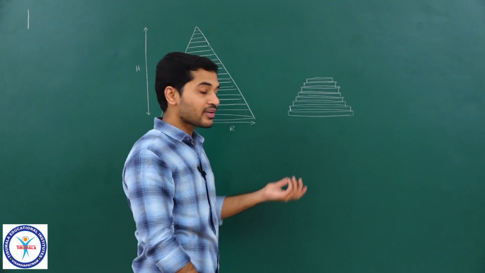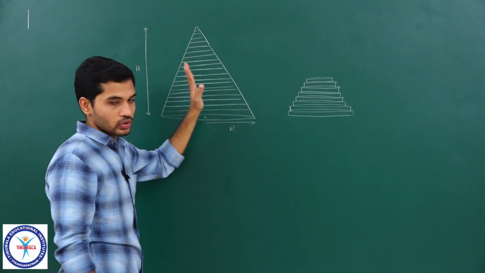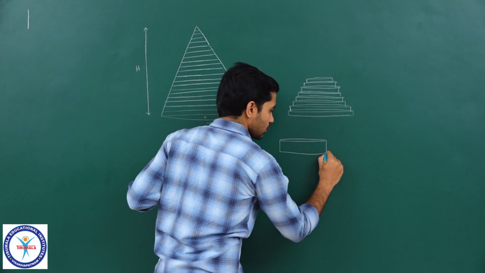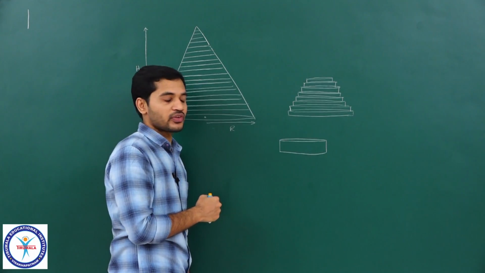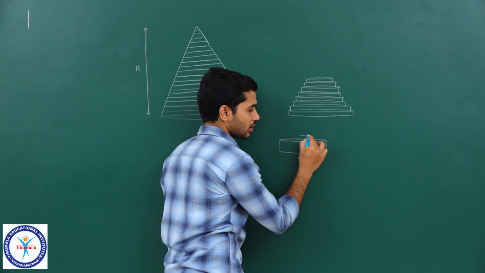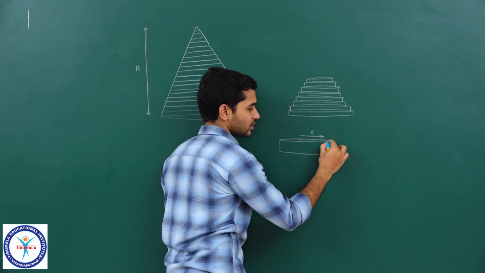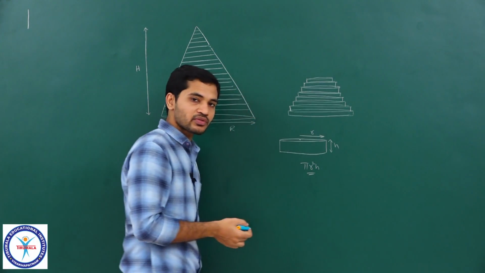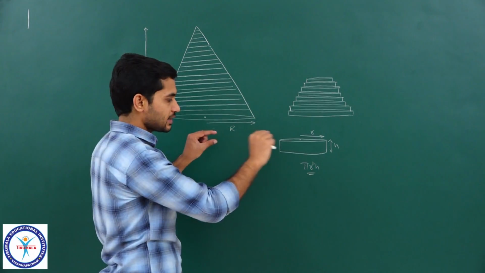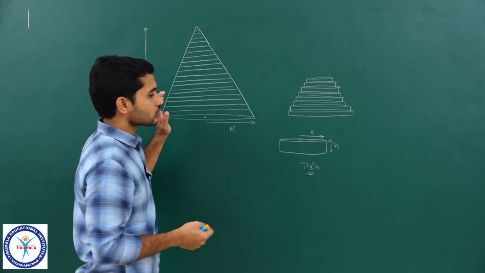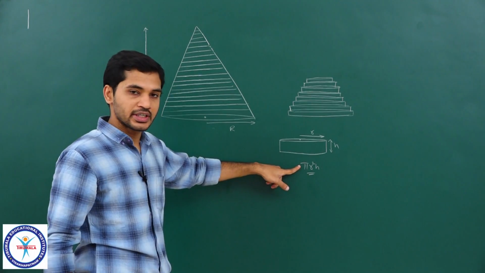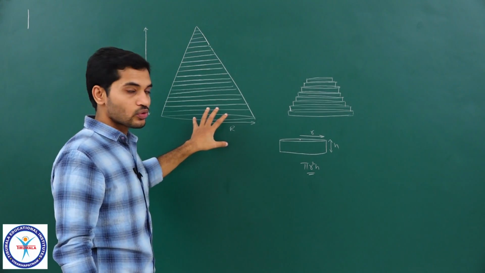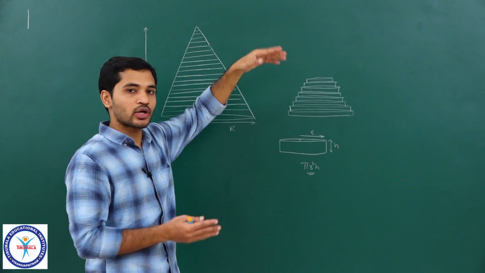The reason why I am doing this is, I don't know the volume of a cone, but I know the volume of a disk, right? If I have a disk like this, with radius r and height h, I can easily say that the volume will be pi r square h, correct? This is something which you know. It is nothing but a cylinder. A disk is nothing but a cylinder. So because I know the volume of a disk and I need to find the volume of a cone, I am visualizing this cone as many cylinders stacked one upon the other, clear?